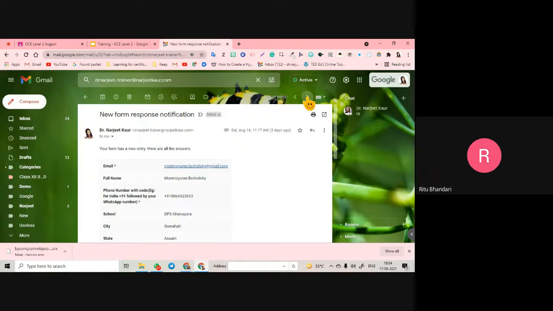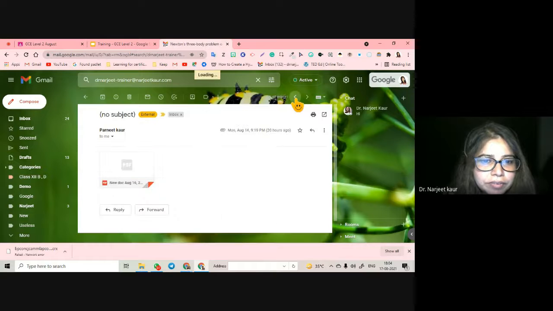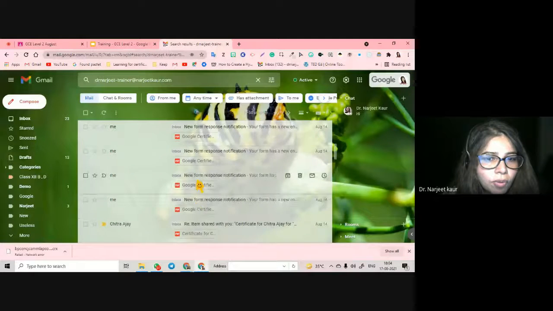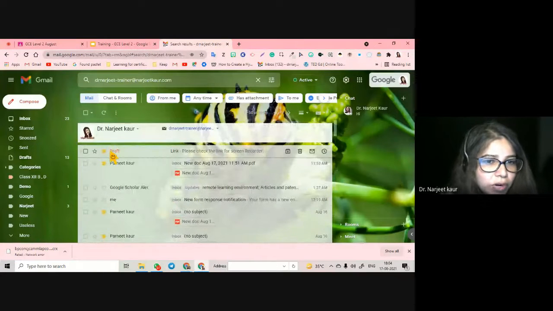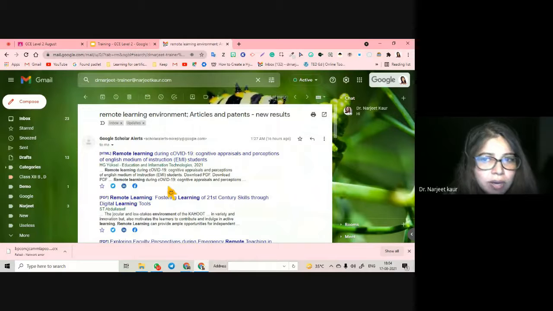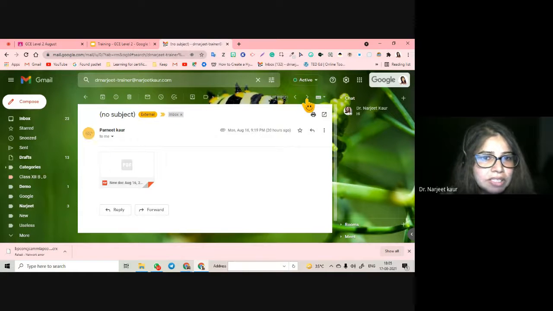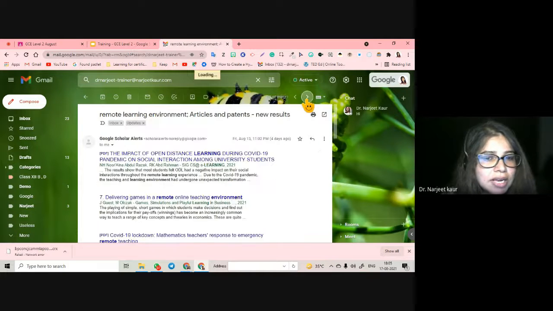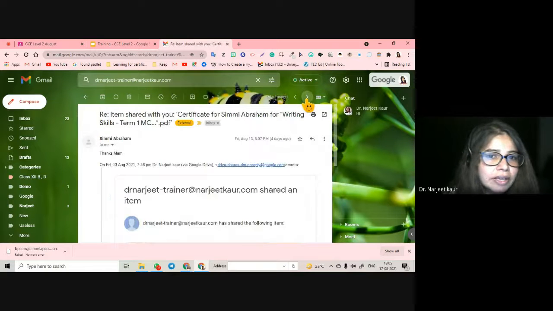Here it is. You see, it's working. Okay, see, I search for all the mails from Narjeet. All these mails are from here. Usually, what happens is, if I enter this mail, I check this mail, I have to go back and then again check the next mail. But with this setting, you see here, these older and newer ones, greater than, less than sign. I click on this, I go to the next mail, next mail, next mail, next mail. Right from inside my mail, I do not have to come back and try opening the mails.